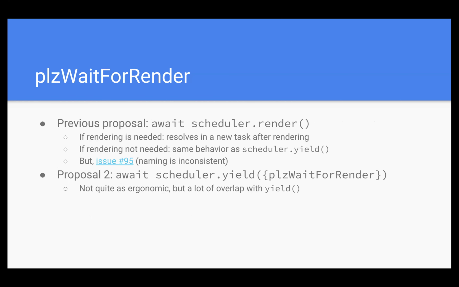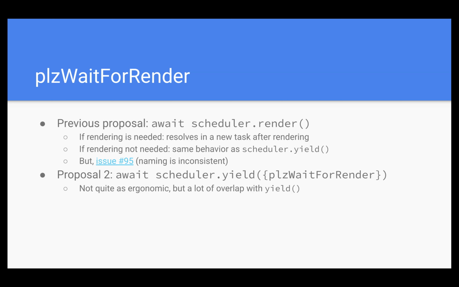We had a proposal for this that folks seemed interested in, which was scheduler.render. But there's a long thread you could look at, issue 95, where people weren't exactly happy with the name. There are some inconsistencies with the other APIs. So we're looking into how exactly we should expose this. Another option, because it is so similar to wait, is that whatever this option becomes, again a placeholder, "please wait for render," we pass that to yield, adding an option to yield such that